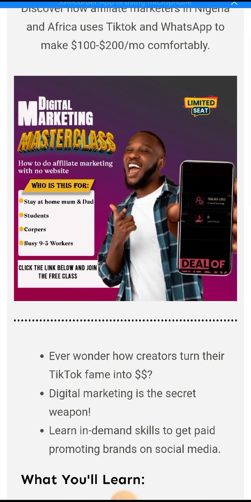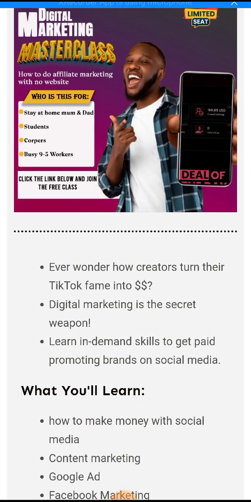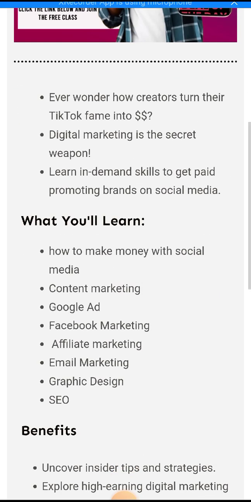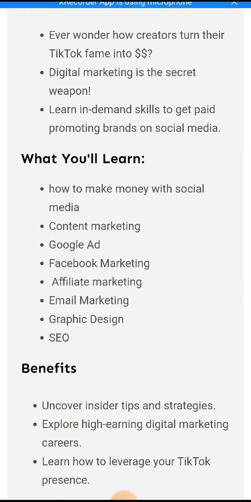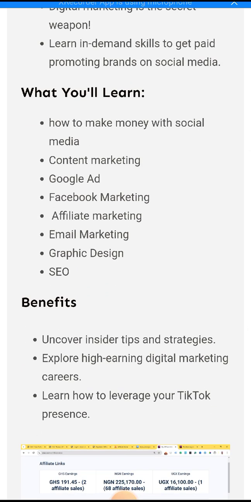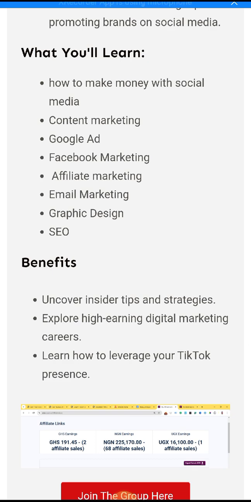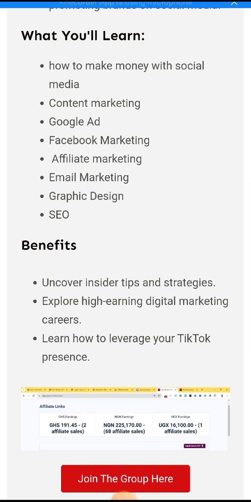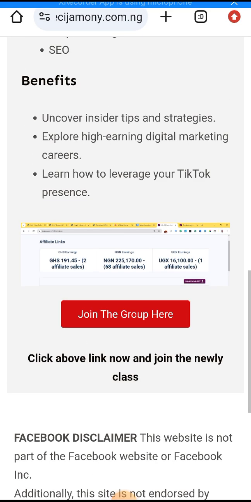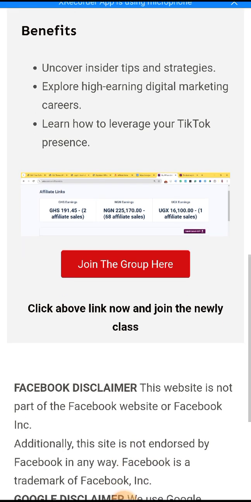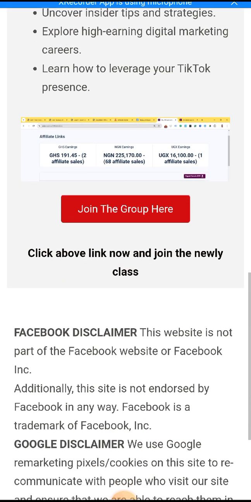I put my flyer here, then I give them a few bullet points. Ever wonder how creators turn their TikTok fame? So I talk to them based on where they are coming from. I resonate with them through my landing page, and then I explain what they will learn: how to make money with social media, content marketing, Google ads, Facebook marketing. Then I make a full bullet point list of their benefits. Then I include a link to join my WhatsApp group training. So when they click on this link right here,